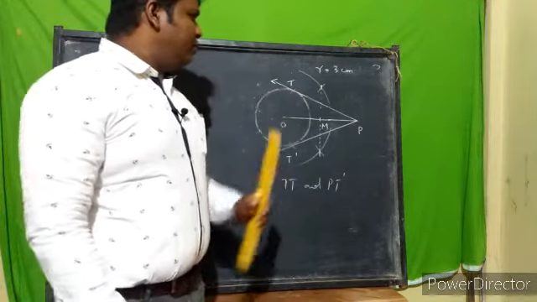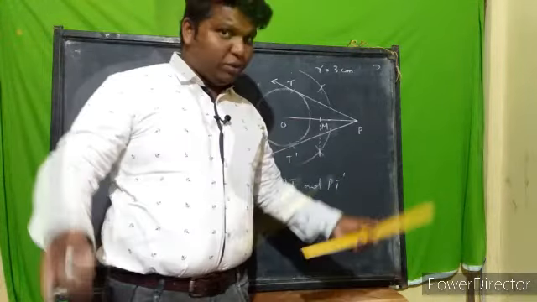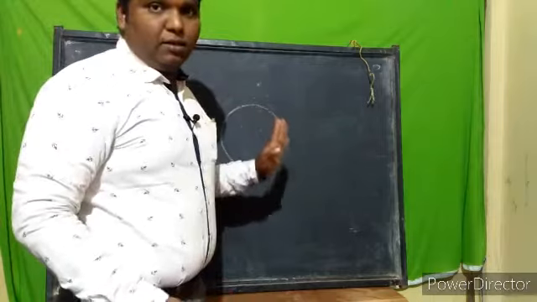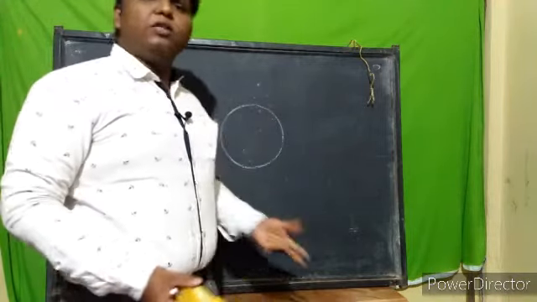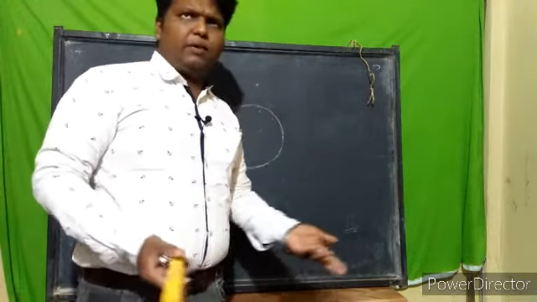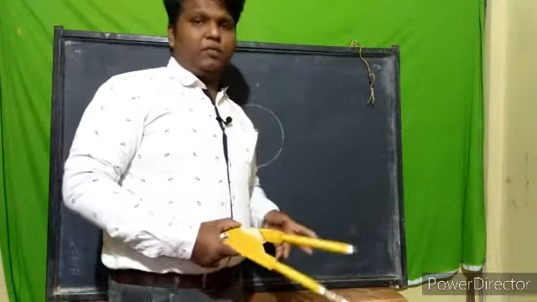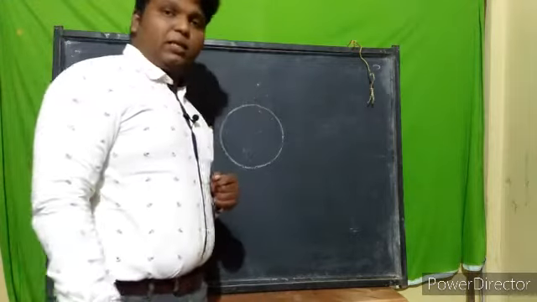Okay, next one. Right now you used the center, and now without using the center. So in this circle, I'm not taking the center, that's why I did not mention the center. Just imagine that it's a circle of radius 2.5 centimeter. Anything, whatever. If it is given, you can take. If nothing is given, simply draw a circle with any radius. Okay. Now you got a circle.